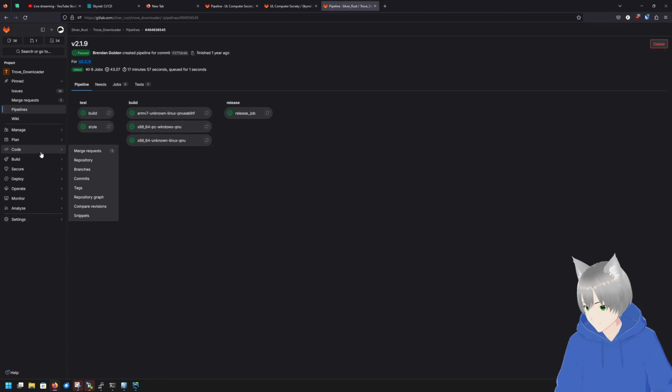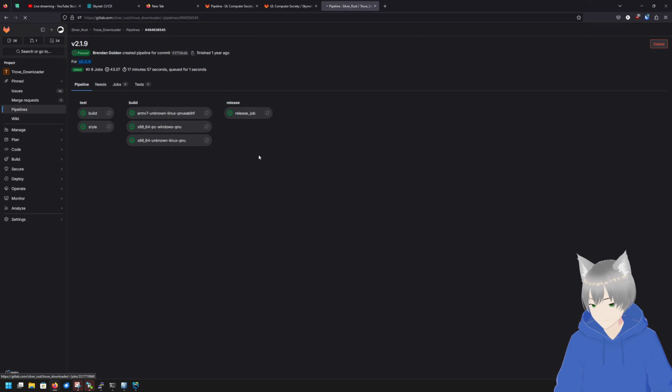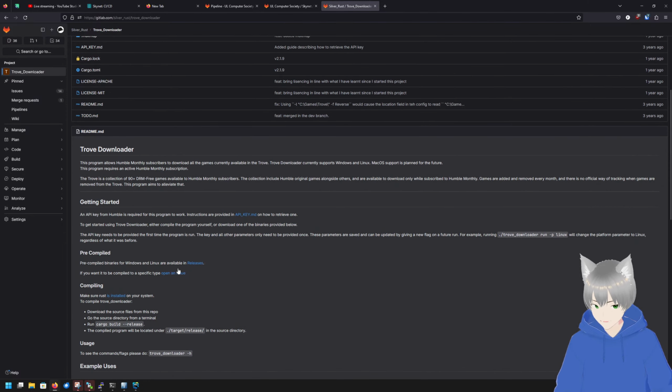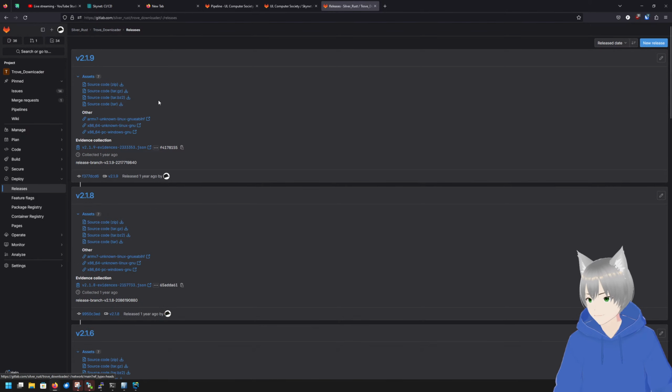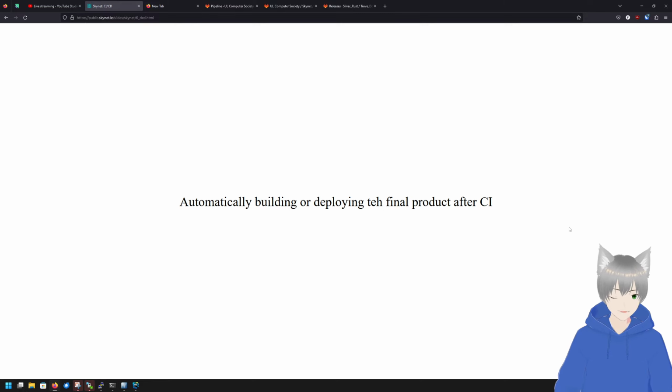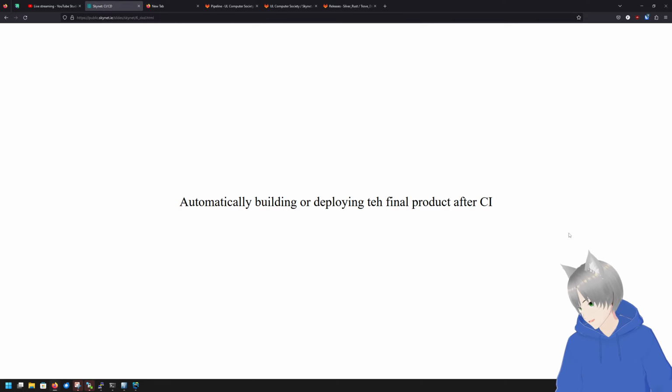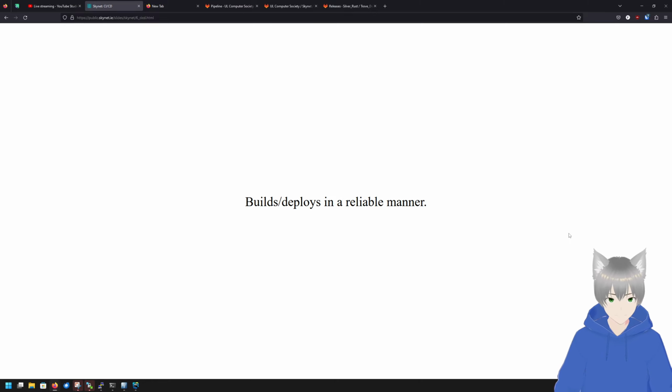And where are the releases? Let's go back to here. And then it releases it, and it is in releases, and you can see every element to download. Because they are built automatically, folks can have more trust in them, knowing that they're not tampered with. For the Skynet stuff, because we want everything to be put onto the Skynet server, pipelines are run to actually deploy it onto it automatically.